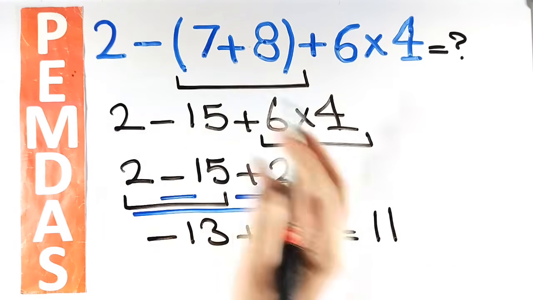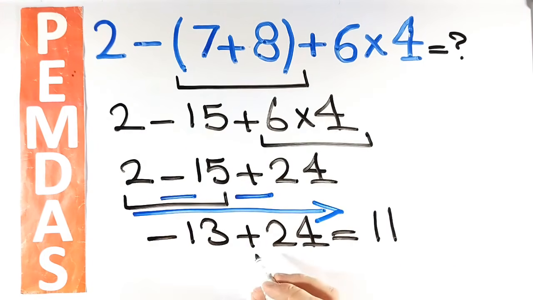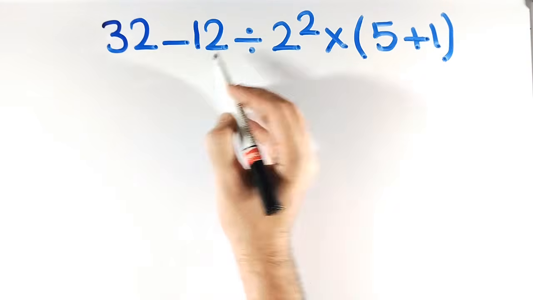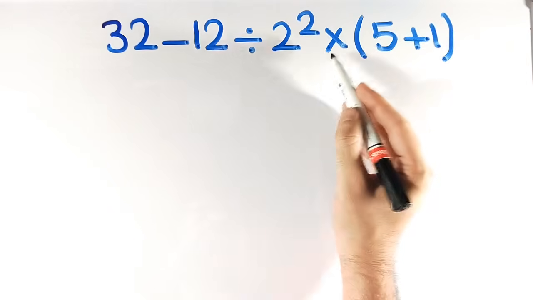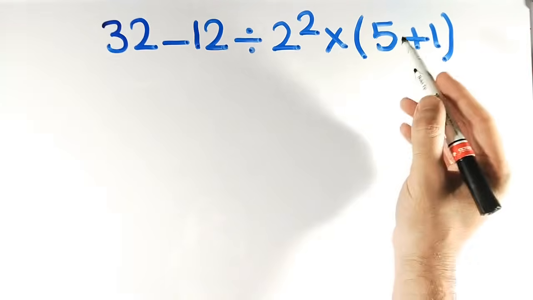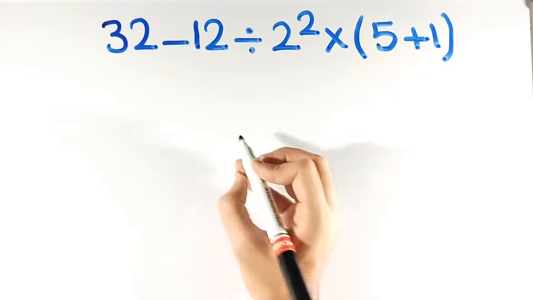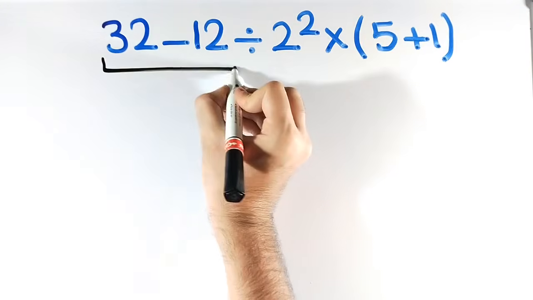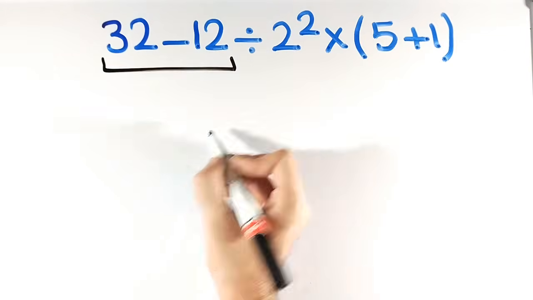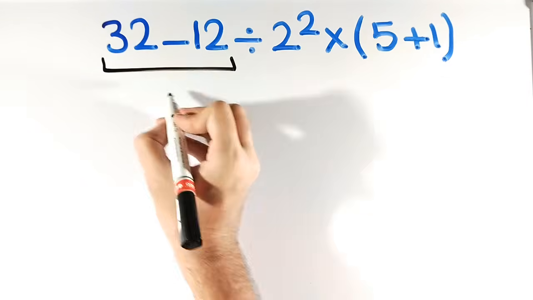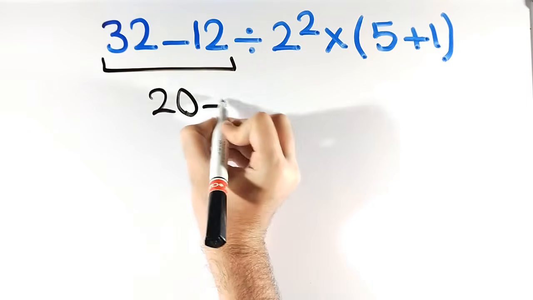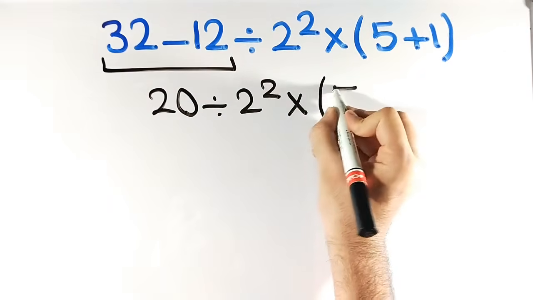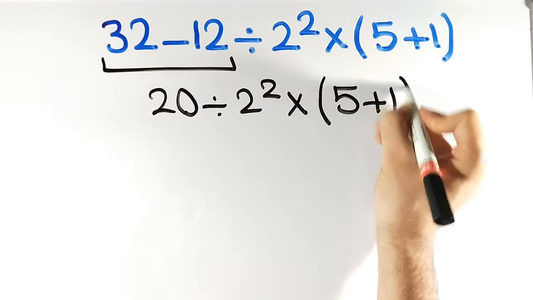Okay, now let's solve another math question together. What is the value of the expression 32 minus 12 divided by 2 squared multiplied by open parenthesis 5 plus 1 close parenthesis? Many people, when solving this question, first go for the subtraction between 32 and 12. And instead of this expression, they write 20 divided by 2 squared multiplied by open parenthesis 5 plus 1 close